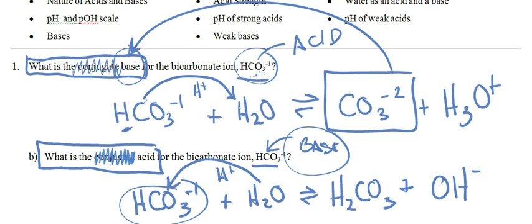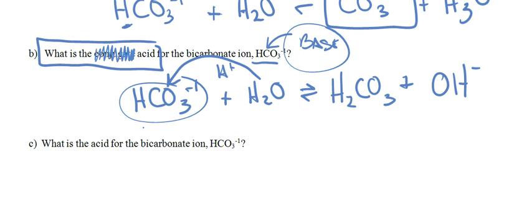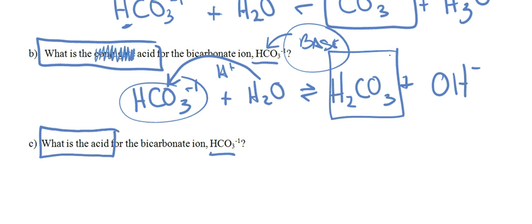Okay? Let's take a look at the next one, part C. Question is, what is the acid for this bicarbonate ion? I'm not trying to be mean here. I'm not trying to play tricks on you, but I just want you to see that this is an amphoteric substance. So the question is, what is the acid for this base? Pretty much the same question here, isn't it? B and C are the same. So hopefully you're going to say, based on the example that I gave up here,